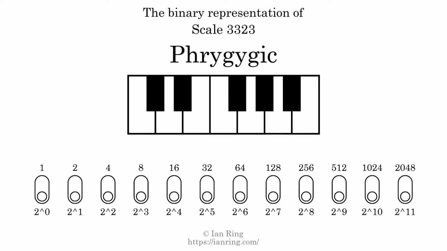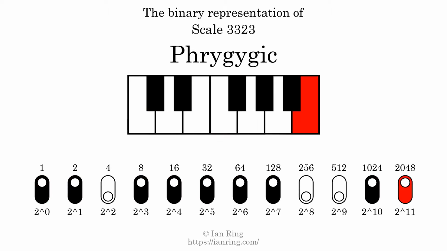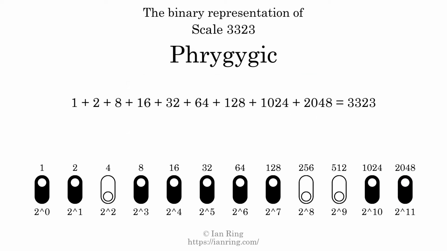The binary representation of this scale is determined by mapping tones of the scale to binary digits. Each binary digit represents a power of 2. To get the scale number, we add the powers of 2 together. The powers of 2 that are present in the scale, all added together, equals 3323. That is why the scale number, in decimal, is